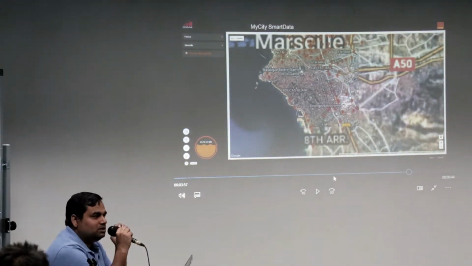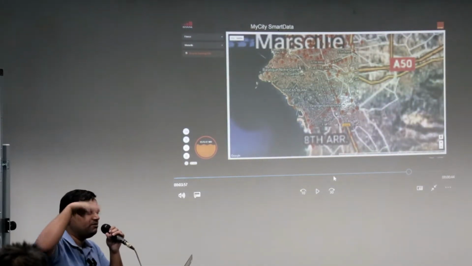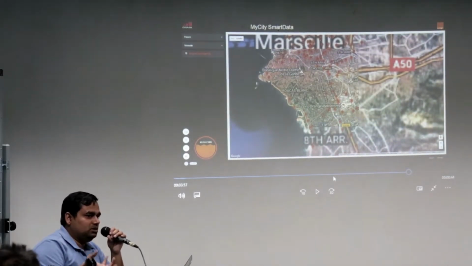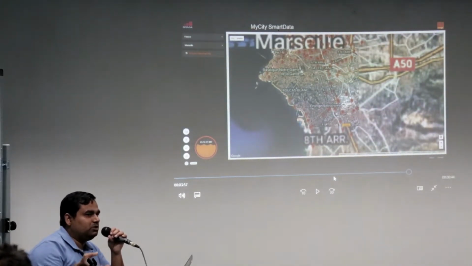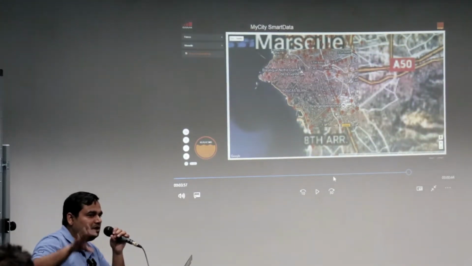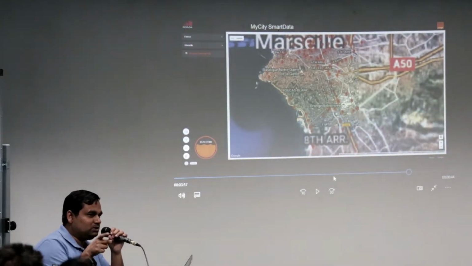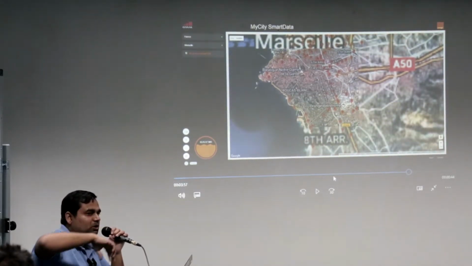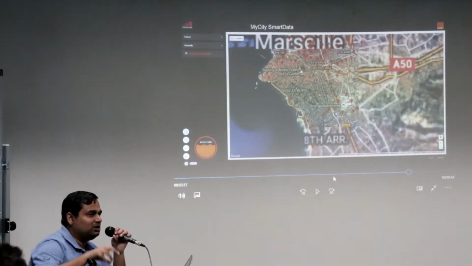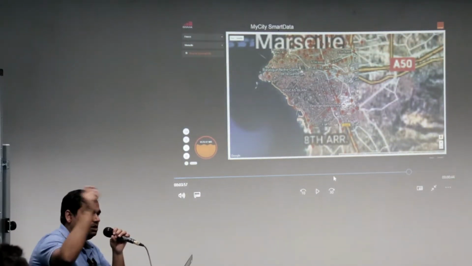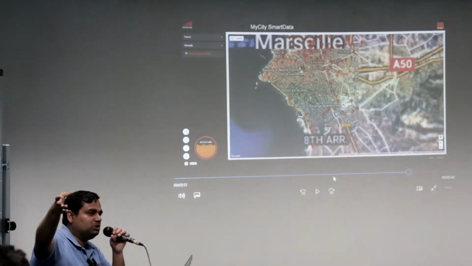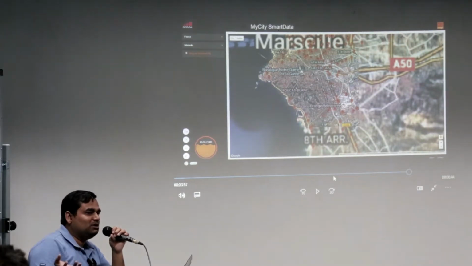Here in France, you get one Navigo card that works everywhere for any kind of transport system. You can use that Navigo card for the metro, for the bus, and everything. It's just one single card. But you can also use that card to pull a bicycle. There are bicycle stands there. You can pull your bicycle. The weather is very nice there, so you can easily ride. You just take the cycle out, find the next station where you want to go, and park your bicycle there. That's it, simple.